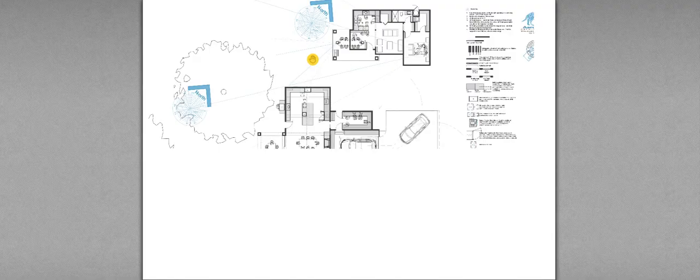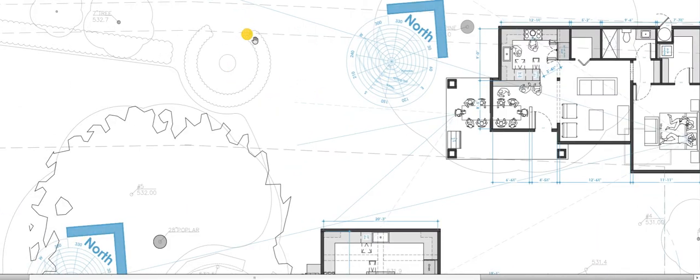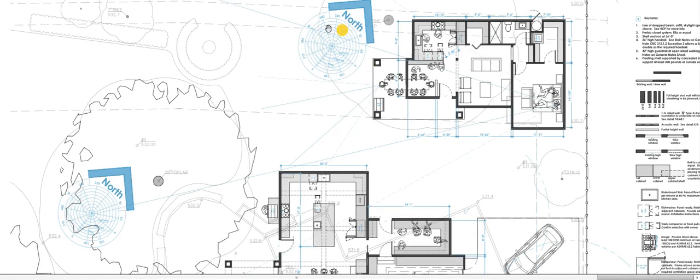I think looking at the site plan, you've got this rounded hedge element here. It does seem like there's still plenty of room to incorporate some planting and some garden area here. I don't think this needs to move, but we can touch on that more when we talk live